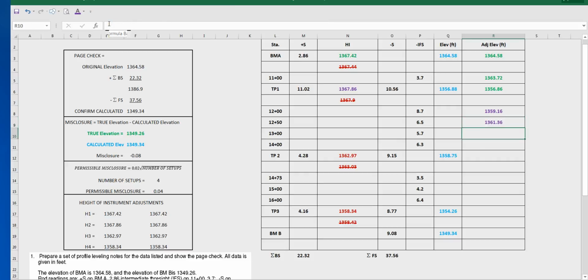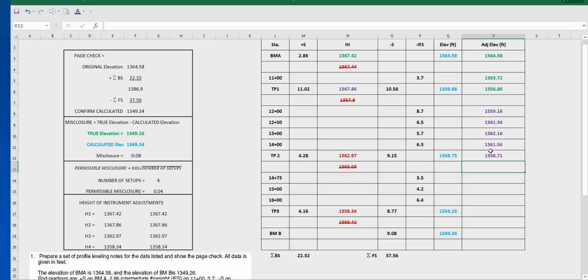In Excel, we always use formulas, and a formula always starts with an equal sign. 1367.86 minus 5.7, and then equals 1367.86 minus 6.3. All right, now in the next set, oh, I've got one more. So 1367.86 minus our true foresight, 9.15. Okay, now